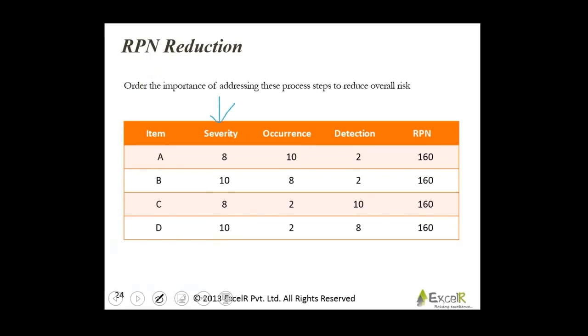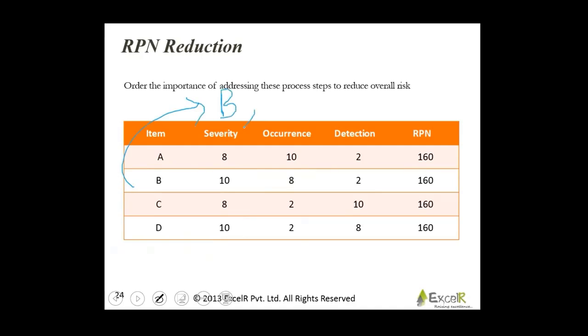You will say that severity 10 means it's going to have significant impact. It is going to be disastrous. And this disastrous event is going to occur 8 times, or it's going to occur most number of times, though it's rare to detect. This is how you prioritize. Something which is going to be deadly is going to occur most often. So probably, if you ask me, I would rate B as